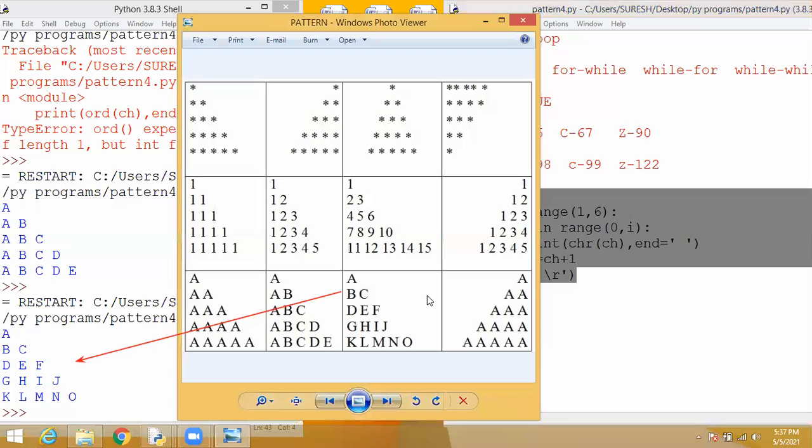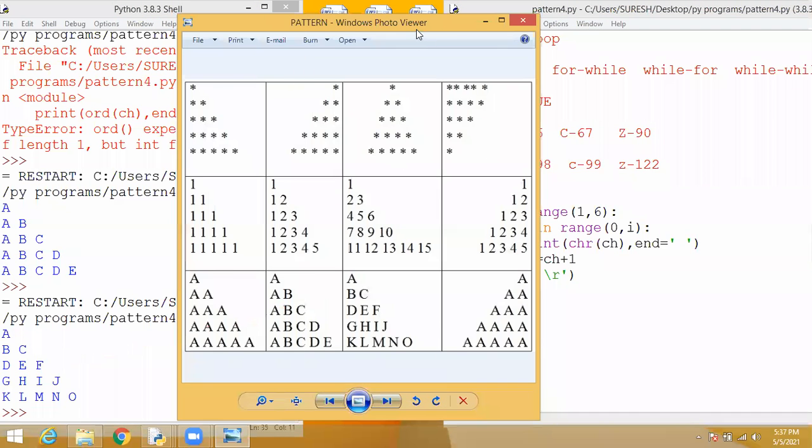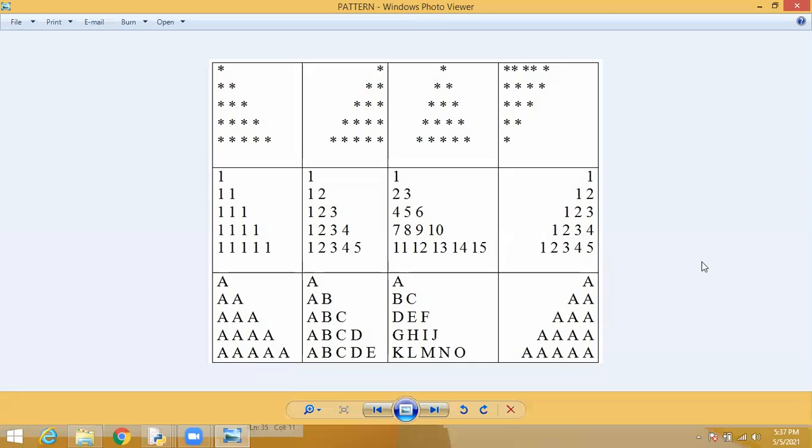Because I want to maintain the timings of the class, in 40 minutes I will execute 4 or 5 programs. I will tell you all the corrections and the mistakes you are going to make. I explained everything, so keep it in mind and note it down. You should practice, then only you will get the exact output. Students, take a screenshot of these patterns. Everyone try to solve them and keep the answers with you. You can use Python Tutor to get the output.